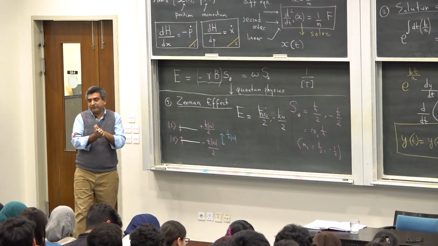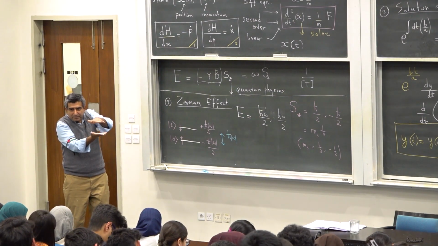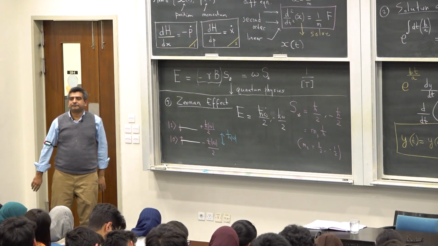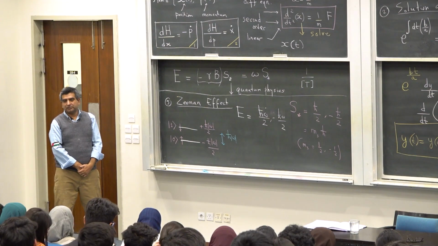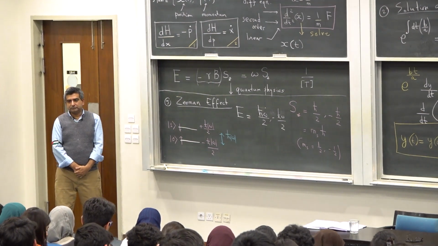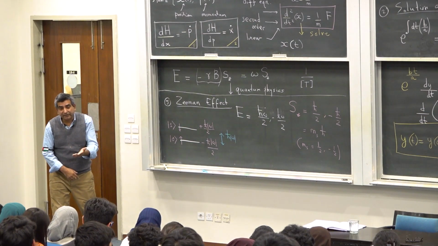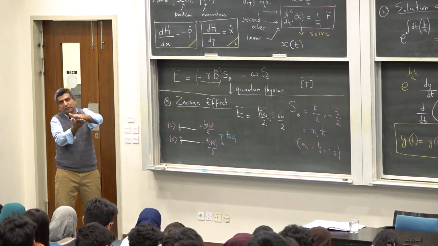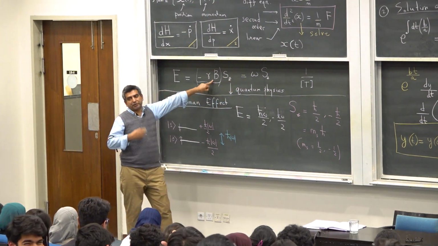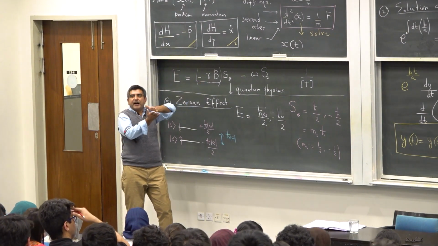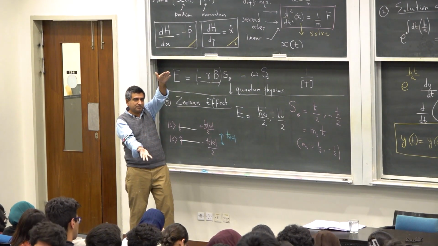And if you increase the magnetic field in which you place the spins, what's going to happen to this gap? Will it go up, down, stay constant? It will increase? Yeah, the gap is going to increase. Why is it going to increase? Because omega is proportional to the magnetic field. The higher the magnetic field, the gap is going to open up, open up, open up.